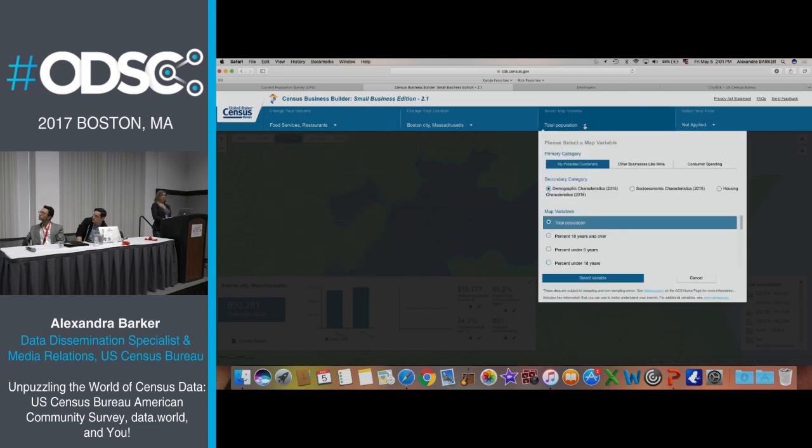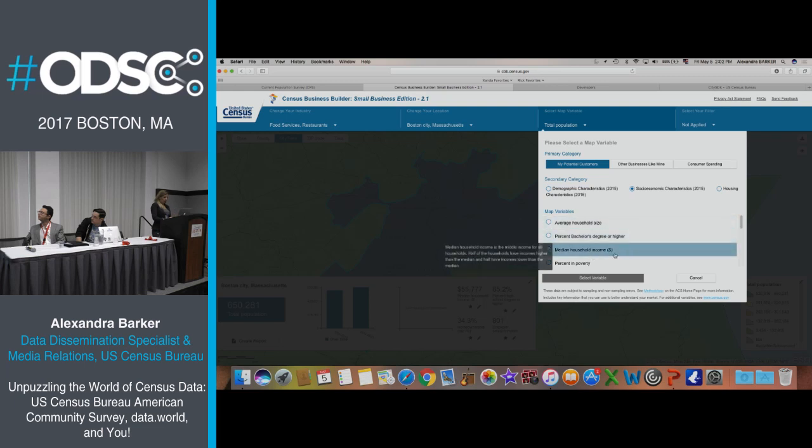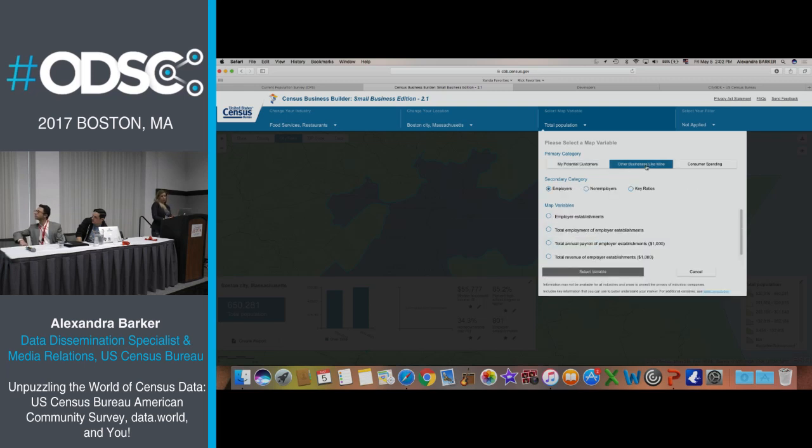Here you would go to select variables, and there is a mashup here too. For my potential customers is where you explore ACS data. So you could go to socioeconomic information, say I want to know median household income for the area where I plan to open my business. You could go down to a tract level. But I could also go into the system calling the business API and find out information about other restaurants in the area, number of employees, sales receipts, all of that.